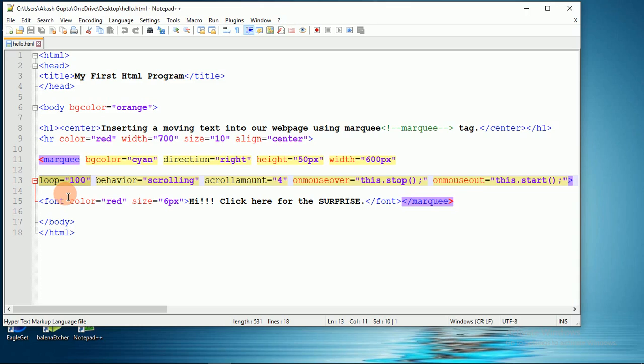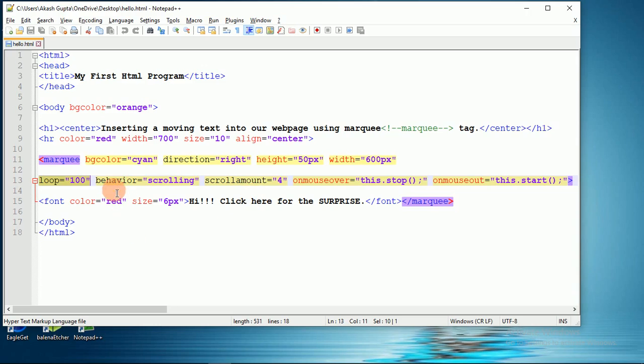In many programming languages we use loops for handling our code. Here I want my text to scroll or slide in our web page 100 times, so I have given 100. Now this text will scroll 100 times.